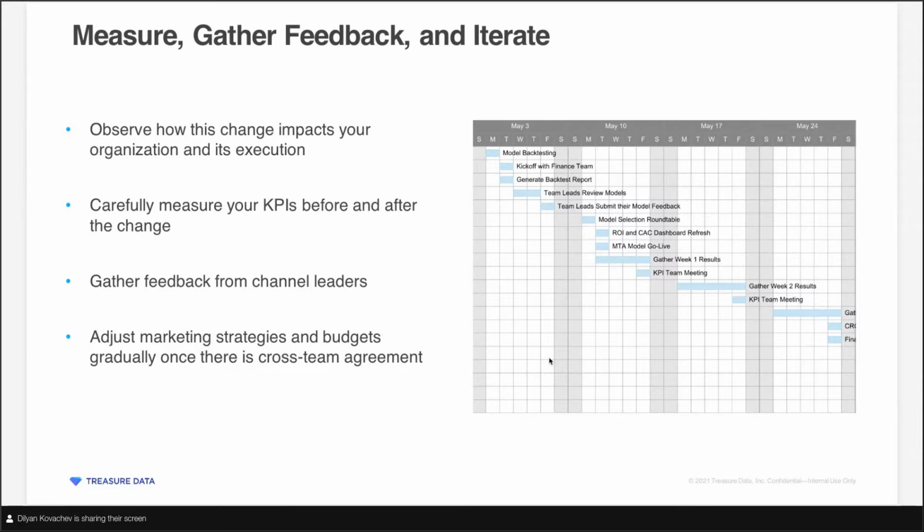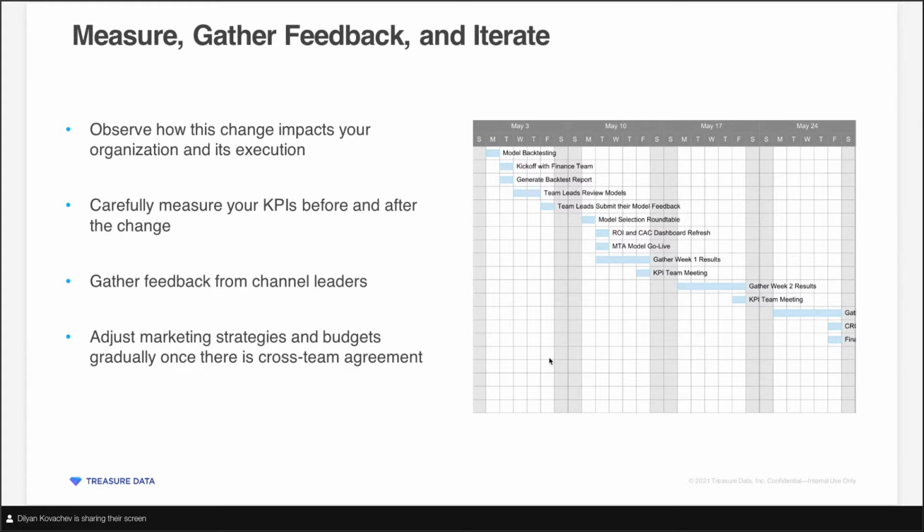Then we would not usually advise making a major shift, especially because it's a data driven model, you can do smaller changes. Let's say you shift budgets a little bit for the next quarter or the next month. You retrain the model, the data keeps coming in, and you measure KPI changes carefully. If you do see the improvement that you expect to see, then it will be easy to get other people on board. Plus, if you're not making major changes, you're not really stepping on anyone's toes, or trying to change strategies too much.